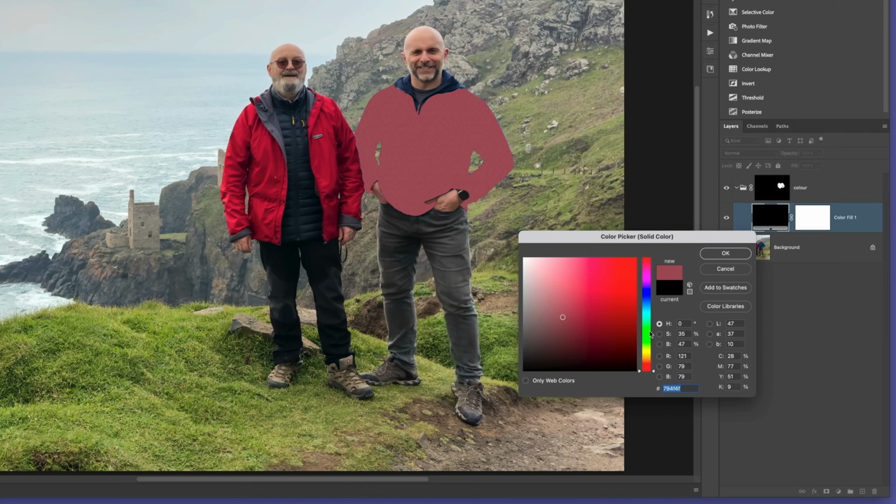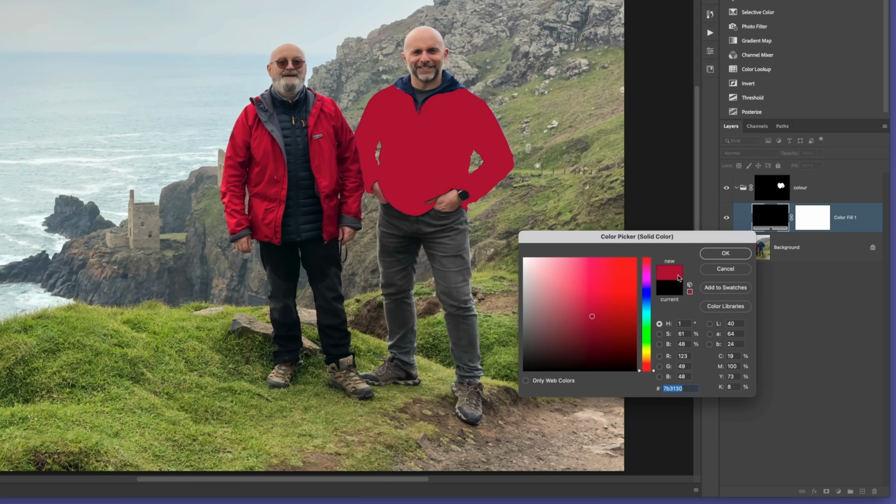If I knew the colour space values or even the hex code, I could manually put those in. I could even bring the cursor out, which then becomes a colour sampler, and click on the image itself to sample a colour from it. In this case, I'll just click on an area of Steve's jacket. When I do, that colour is now sampled in the new section here, and we see it applied to my jacket in real time. But we can't see any detail at the moment, all we can see is the colour,